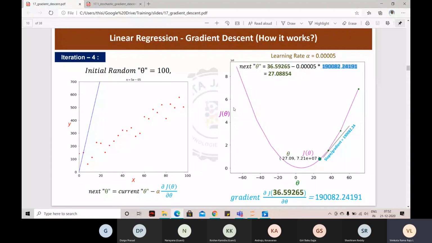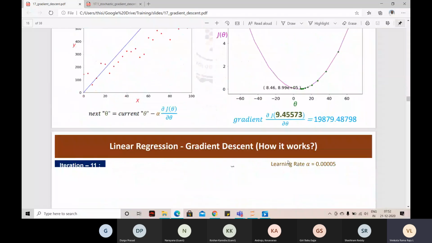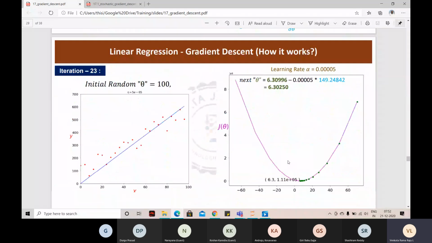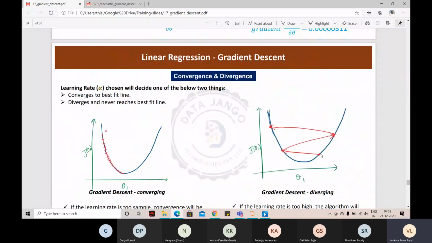Okay, so it will diverge. We call that divergence. Once it diverges, it tends to diverge even more, like convergence and divergence. So if you take a number which is close to 1, there is a chance that the algorithm may diverge. Okay, so you started somewhere here, you calculate the next theta, it went there, and the slope is even higher, right? When you try to reduce the slope, again it will come here, again it will go there. Like that, it will diverge, right? You understood divergence?